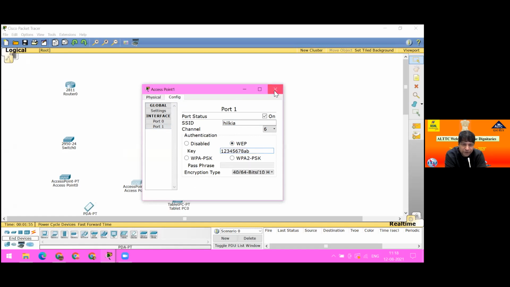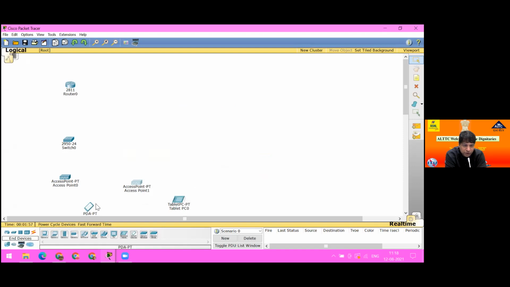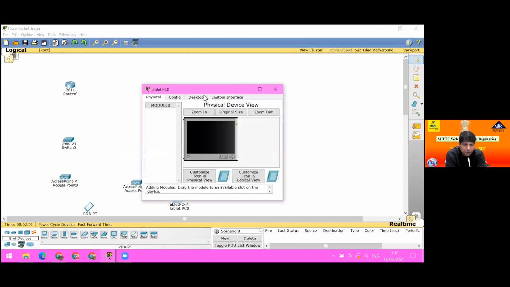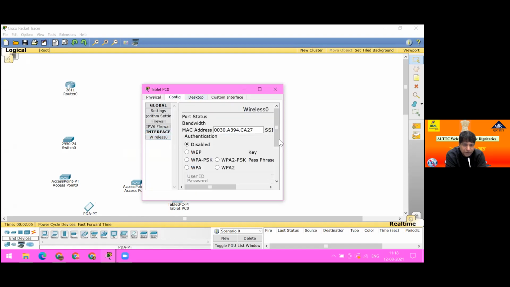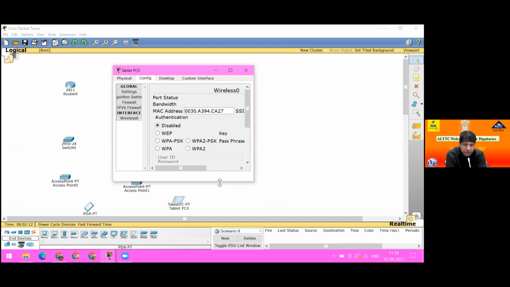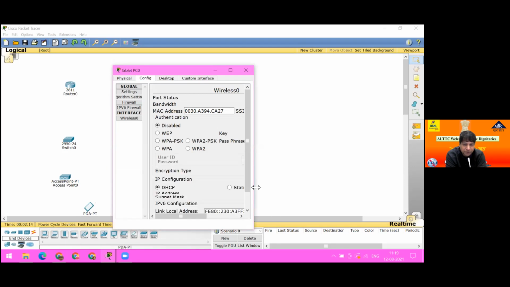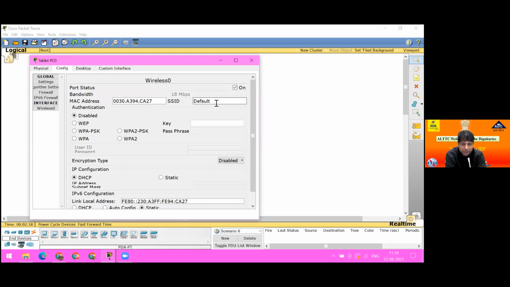Now it is complete. Now go to the tablet, either mobile, anyone, no problem, and go to the config and wireless option, same as WEP and define. Screen maybe increase. Okay. Yeah. In the position of SSID, you put Helica.